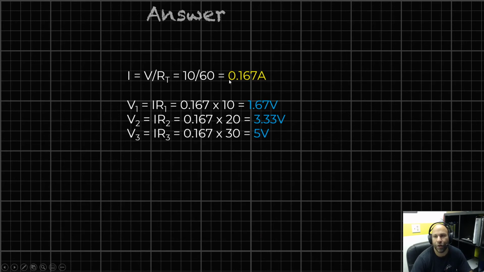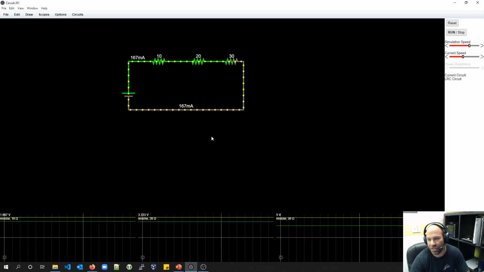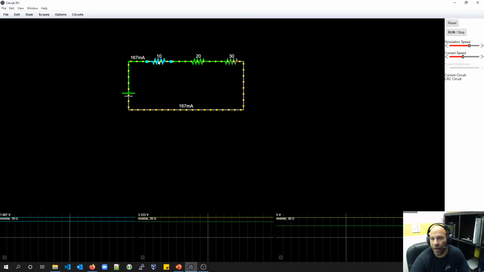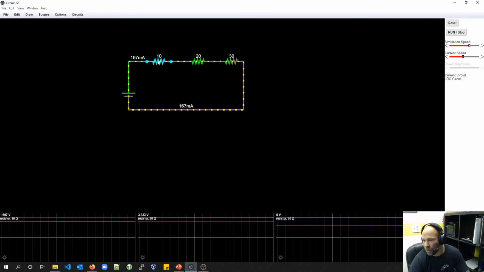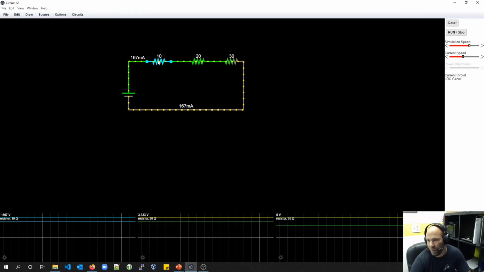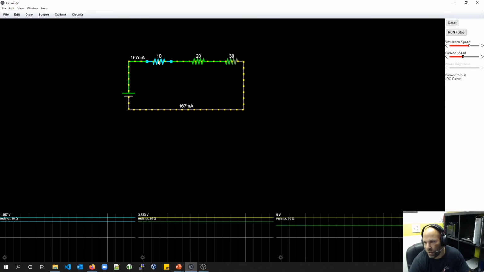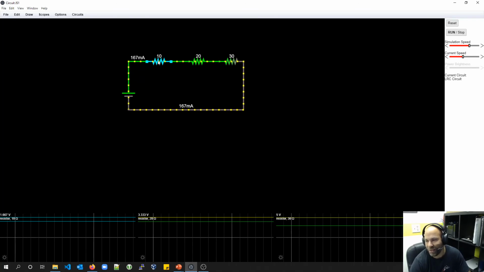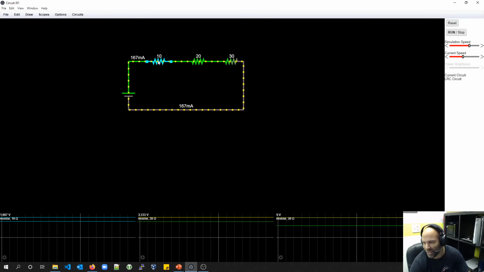Our current going across the entire circuit should be 0.167 amps, which it is, and we should have 1.67 volts, 3.33 volts, and 5 volts respectively across resistors 1, 2, and 3. Let's see if the simulator is doing us justice. If you look at the bottom of the screen right here, it says there's that 1.666 repeating, so 1.67